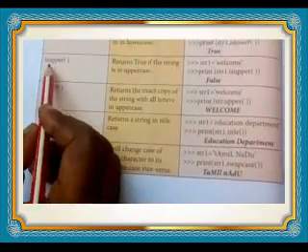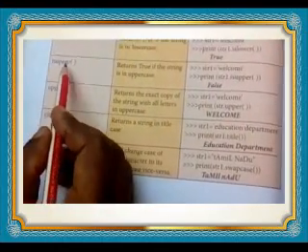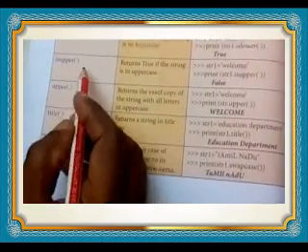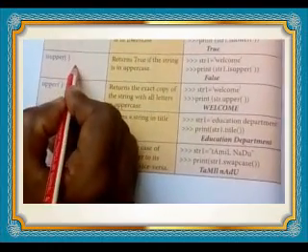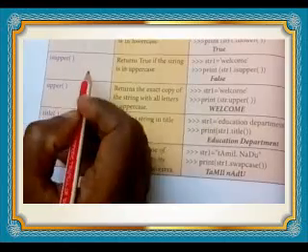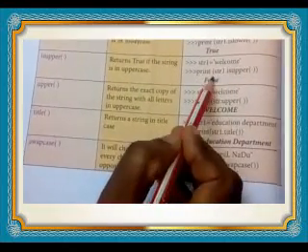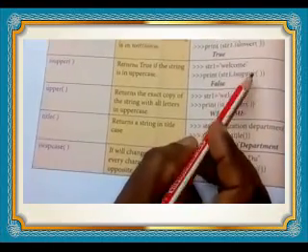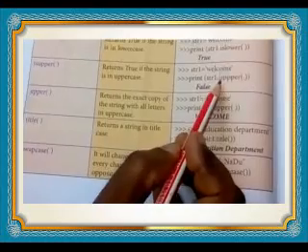Understand? Then the next function is isupper. Just the opposite of that one. It checks whether the given string is in uppercase or not. If it is uppercase, it returns True. Otherwise it returns False. See here: str1 equals "welcome". Print str1.isupper(). This is written in lowercase. It is not in uppercase. So it returns False.